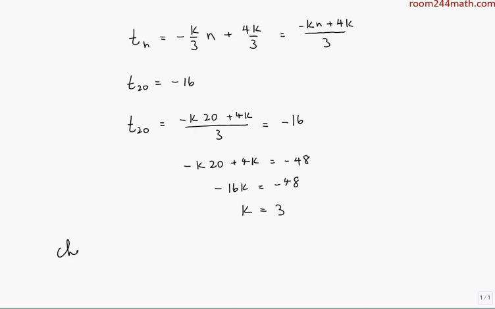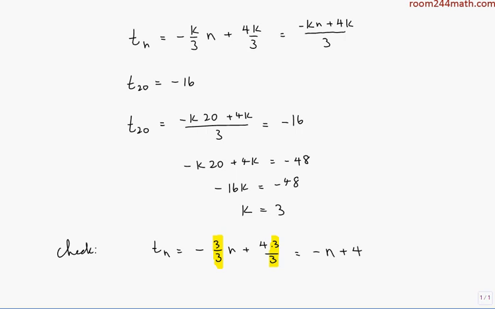And let's just check this. So tn is equal to negative k over 3 times n. Well, if k is 3, that becomes negative 3 over 3 times n plus 4 times 3 over 3. All right, so these 3's cancel out and become 1. These 3's cancel out and become 1. And what we get left with is